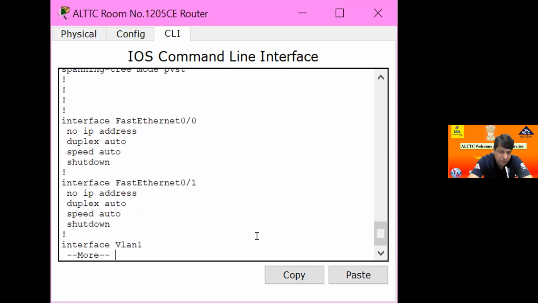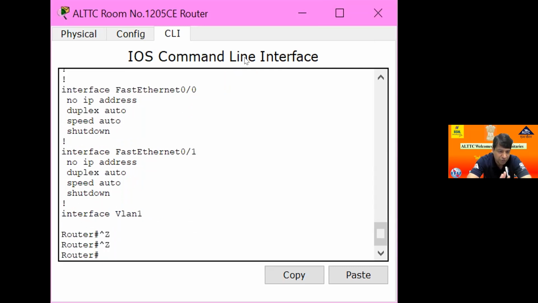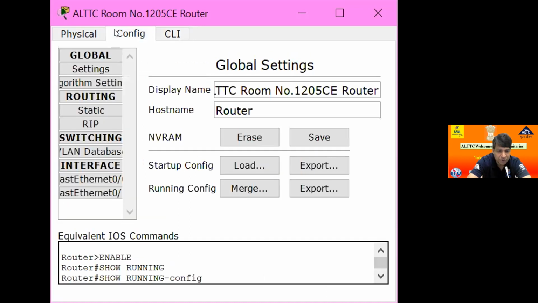Okay, just come out, with Control Z directly, otherwise you can press Control Z three or four times. Okay, now directly come out. Now in this router you have not allotted any IP address. So how do we allot these IP addresses in this router? You just go to the configure mode. So how do we go into configure mode?